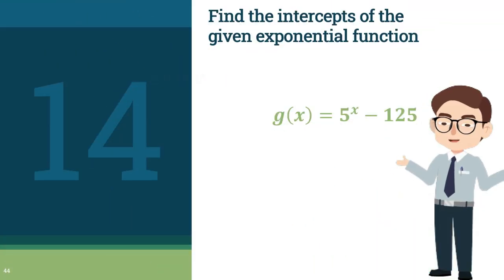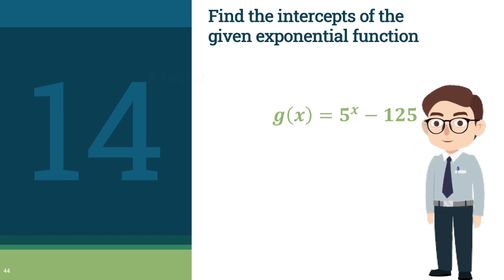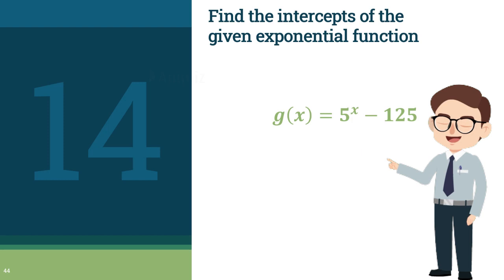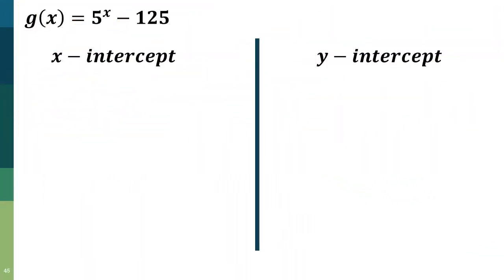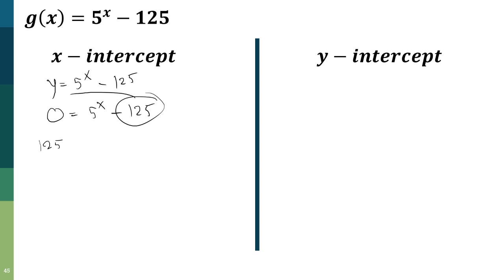For example, find the intercepts of the given exponential function g of x is equal to 5 raised to x minus 125. For the x-intercept, we will set our y equal to 0. But first, we will rewrite our function g of x is equal to 5 raised to x minus 125 into y is equal to 5 raised to x minus 125. Okay, we will set our y equal to 0. That is 0 is equal to 5 raised to x minus 125. Negative 125, we will transfer that to the other side of our equation. That is 125